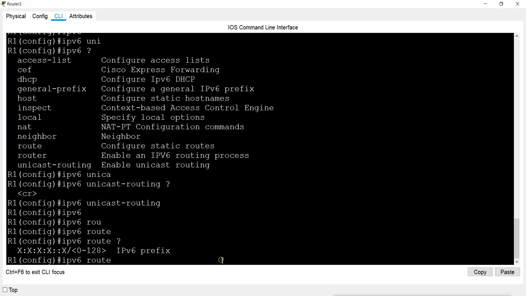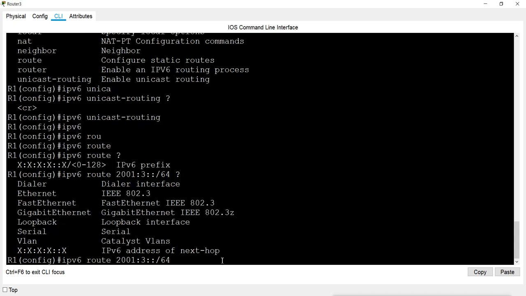So what we'll do here, we will mention 2001:3 slash 64. I'm mentioning the first network which is not connected.